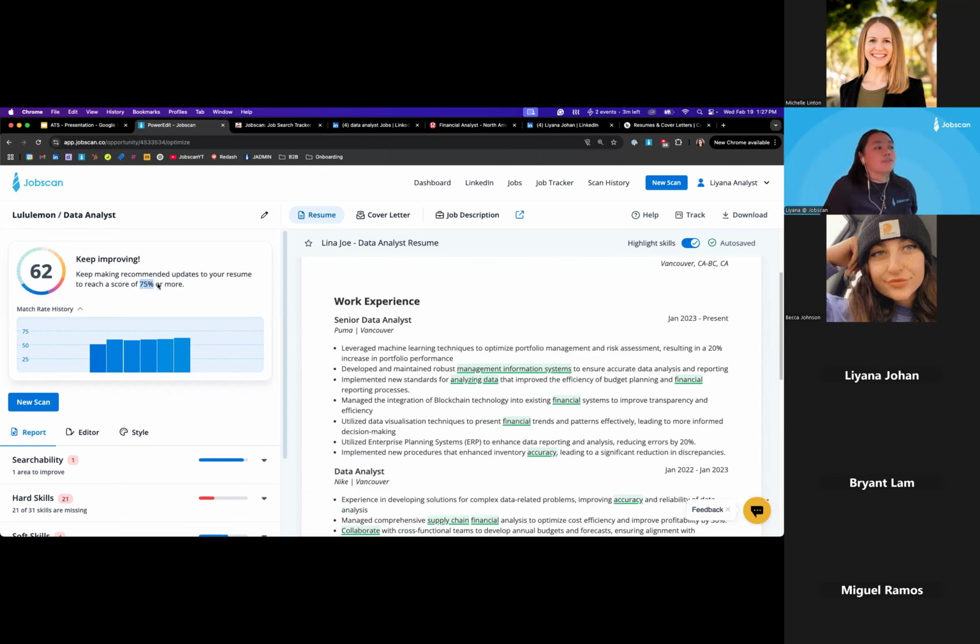We recommend 75% as being a good, solid resume. Okay. So if you're happy with this resume here, you can download it as a PDF or a Word doc. We do recommend PDFs. PDFs are the most accessible format for all ATSs. Not all ATSs will accept Word documents. Also, depending on the version of Microsoft Word that you are using, if you're using your library computer, things like that, depending on